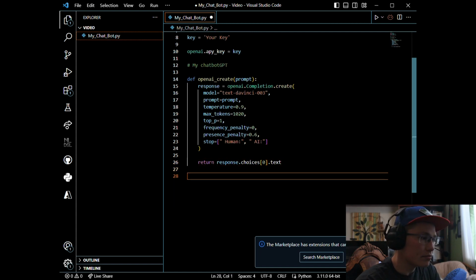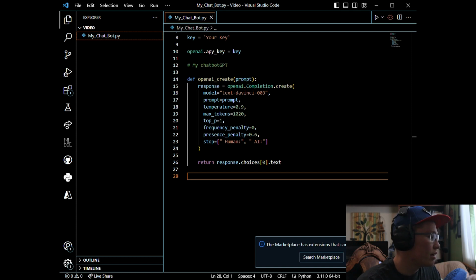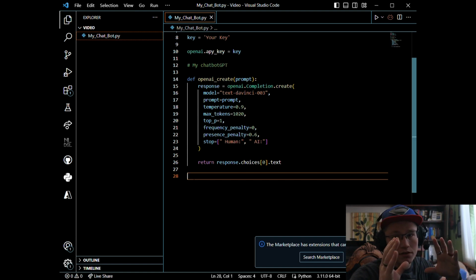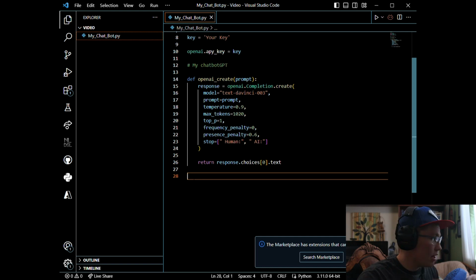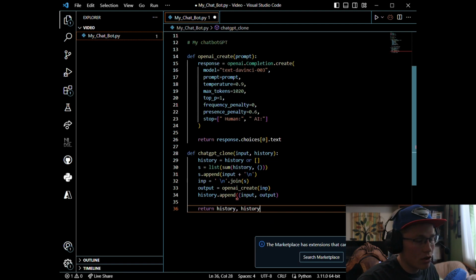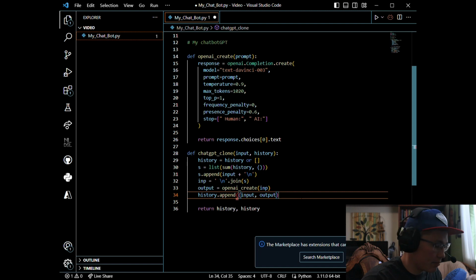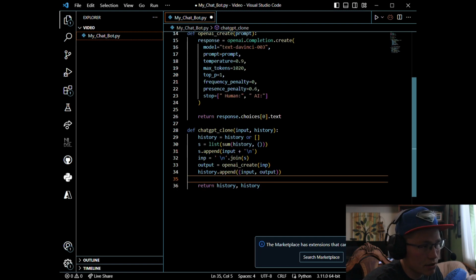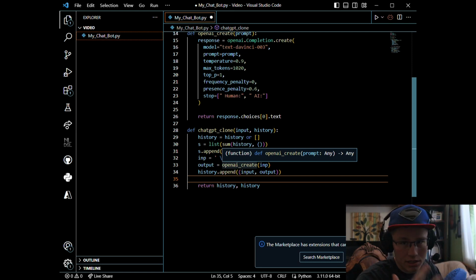And then the next thing you're gonna do is make another function here. You don't necessarily need to know exactly how this function works, but it is going to take all the conversation you've had previously and put it into the next query, okay? And that will allow you to continue to have a conversation with this API, with this chatbot inside of the GUI. So your conversation will make sense. It's not going to be a new question every time you say something. You can continue to make that work. Yeah, so that's basically what this does. It just appends the whole list, makes it one big question each time, so that